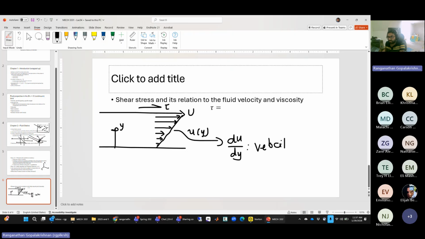So the velocity changes because the shear stress acts on the topmost layer. Then there is an imperfect transmission of that shear stress through subsequent layers. So subsequent layers have smaller and smaller velocity until the surface, where the fluid is assumed to be stuck to the surface. So here you have zero velocity, or in other words, the fluid doesn't slip across the surface. We call it no slip. So between 0 and the top layer, which is moving at u, you have a velocity gradient. So the main effect of shear stress is to cause a